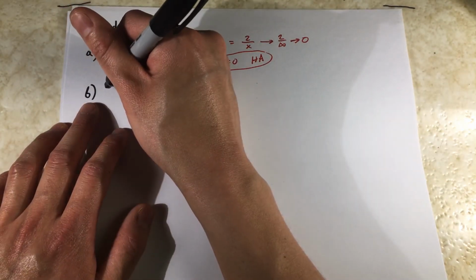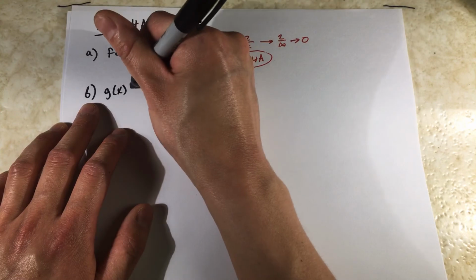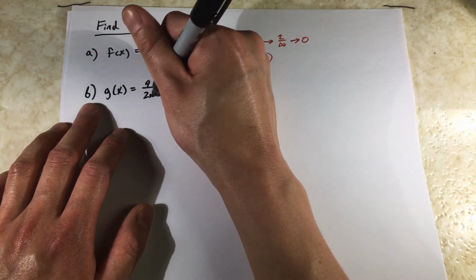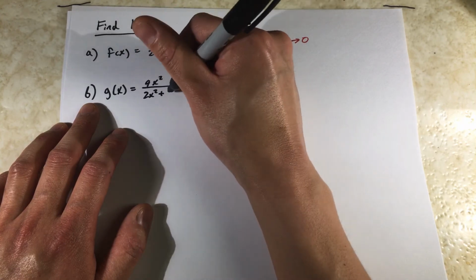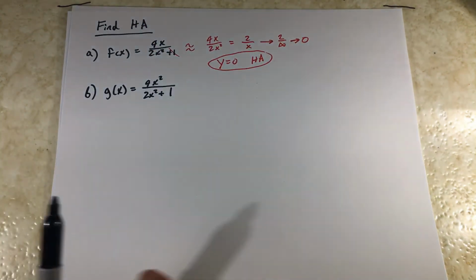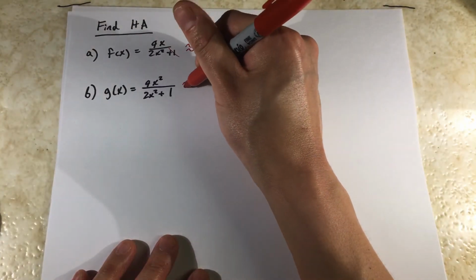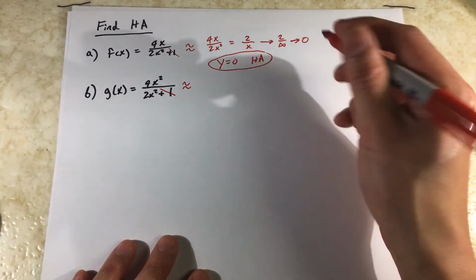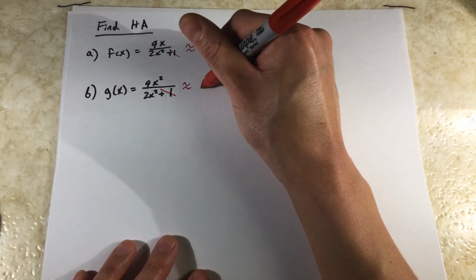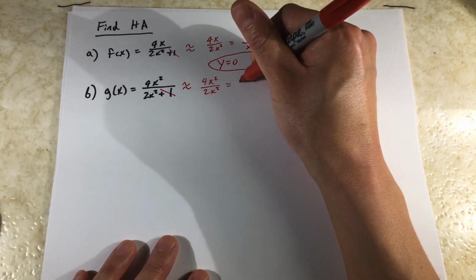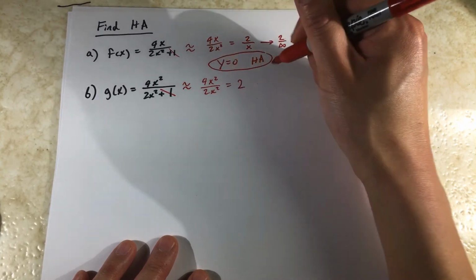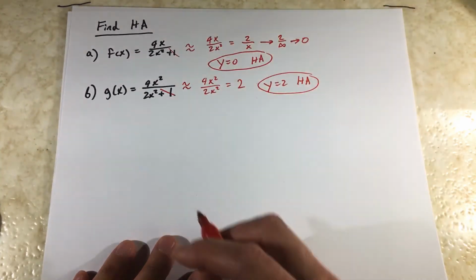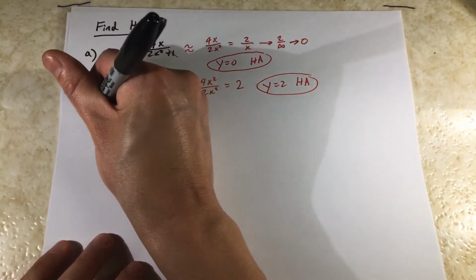B, g of x is equal to 4x squared over 2x squared plus, let's say, well, I guess we'll just leave it as 1 also. And again, our strategy is to keep the highest power of x and get rid of every other term. So we get 4x squared over 2x squared. And what happens is the x squareds cancel, and we just get 2. And that tells us that y equals 2 is our horizontal asymptote. Case C,